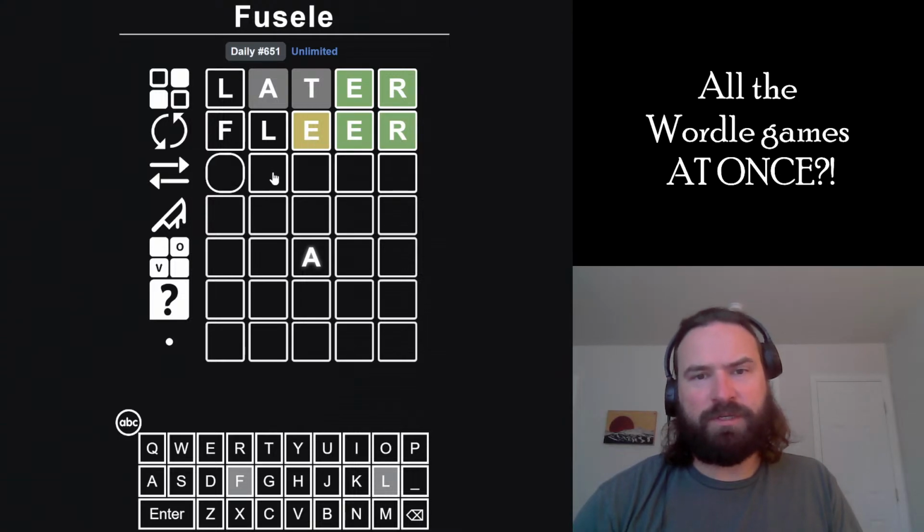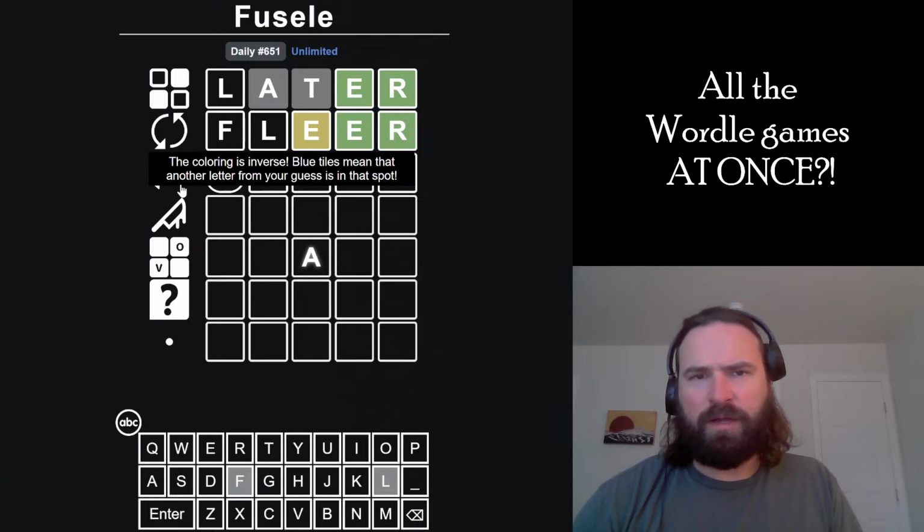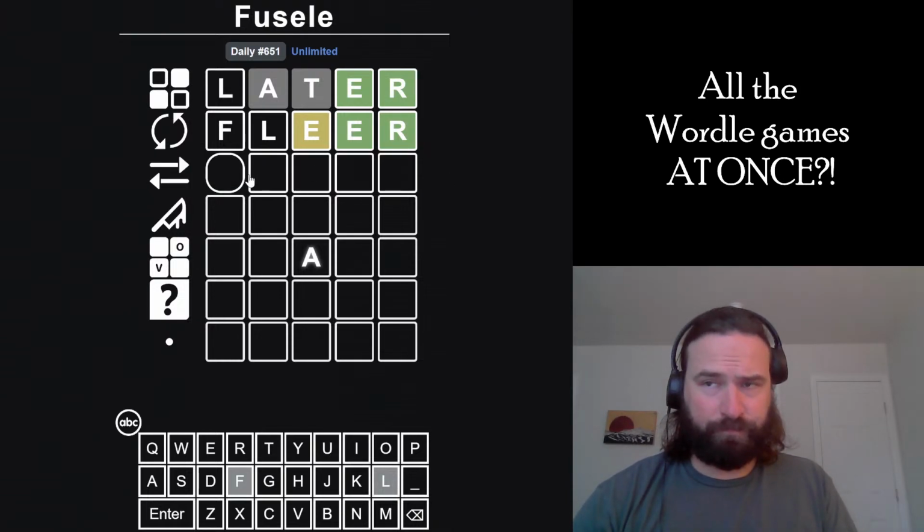But now I pretty much know. I think that the E probably goes second. It could be ember, I guess. Okay, coloring is inverse. Blue tiles mean that another letter from your guess is in that spot. So that rule set is like,